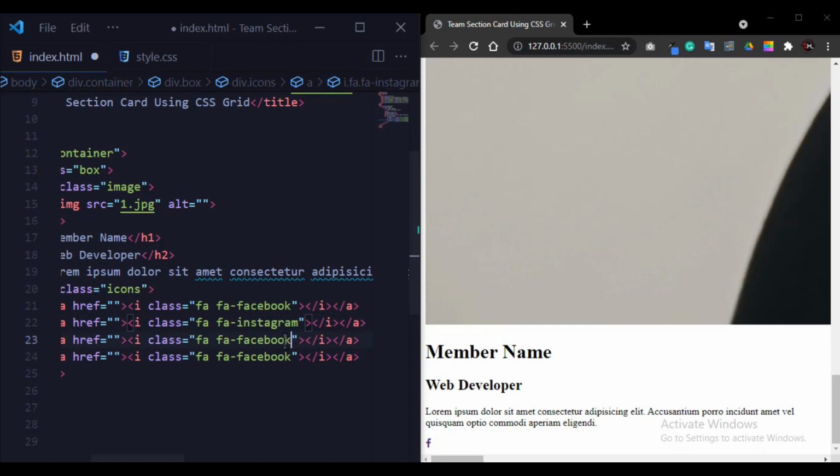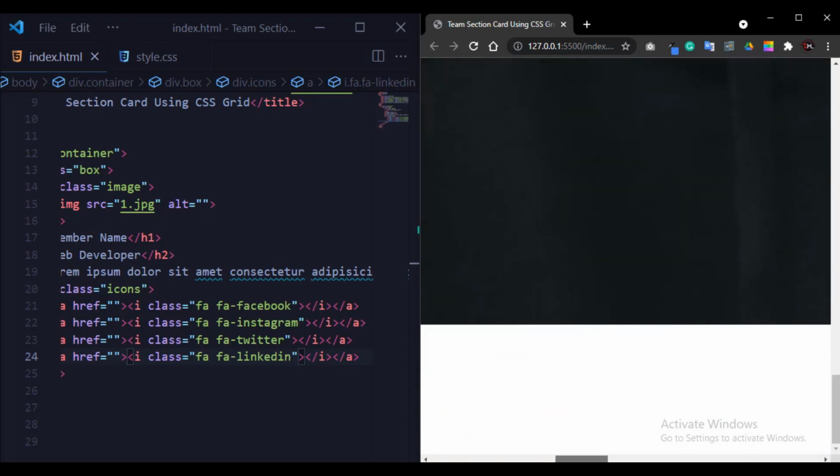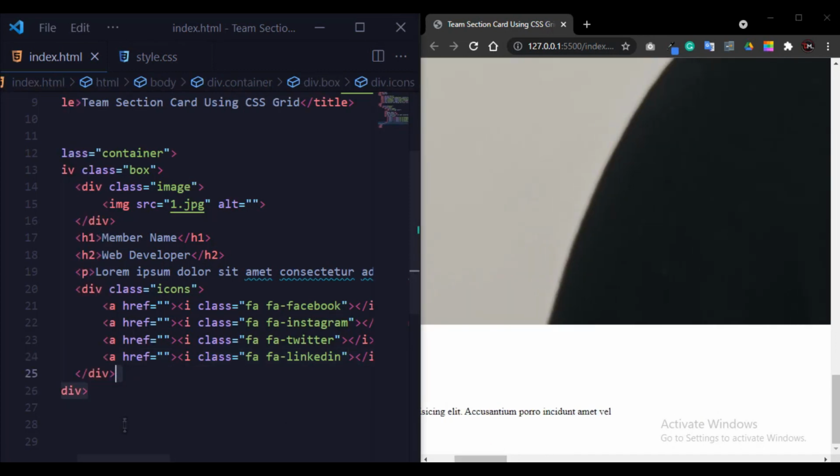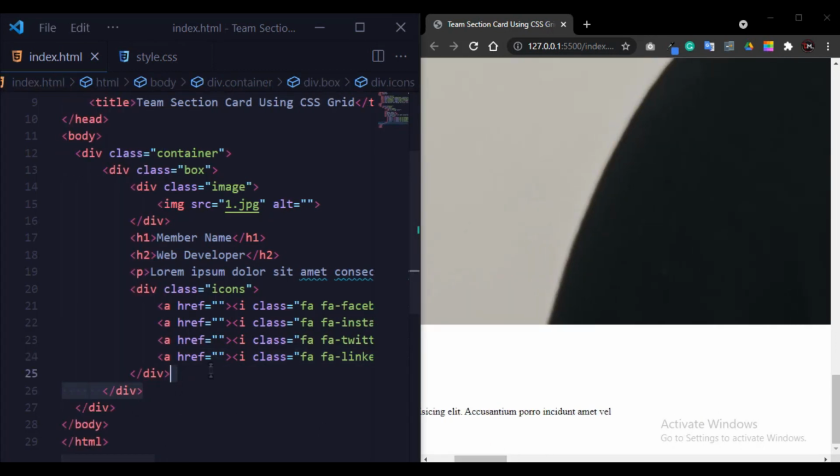Okay, and the third one is Twitter. Fourth is LinkedIn. Okay, great. As you see the output, Facebook, Instagram, Twitter, and LinkedIn. This looks amazing. Okay, so now our first card is ready.